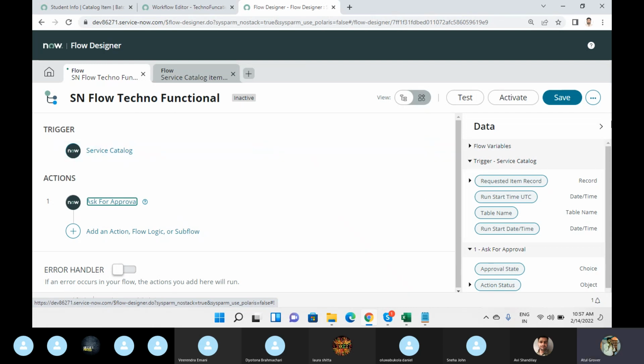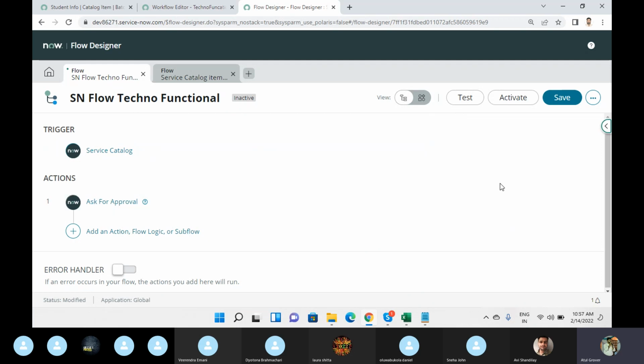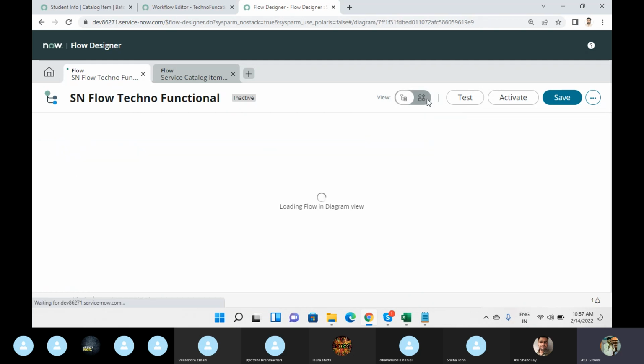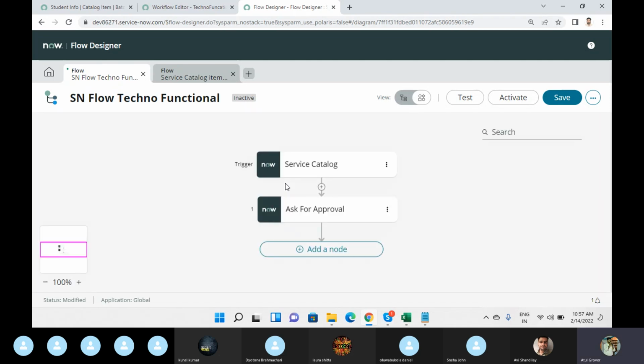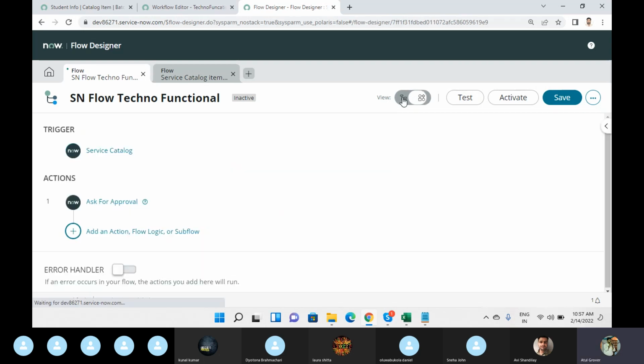Let me show you something interesting which has been introduced in San Diego by ServiceNow. Click on this. See, this is the beauty of ServiceNow. It is creating the theoretical part in pictures for us. Ask for approval. Now, if approve, then fine. But if reject, then